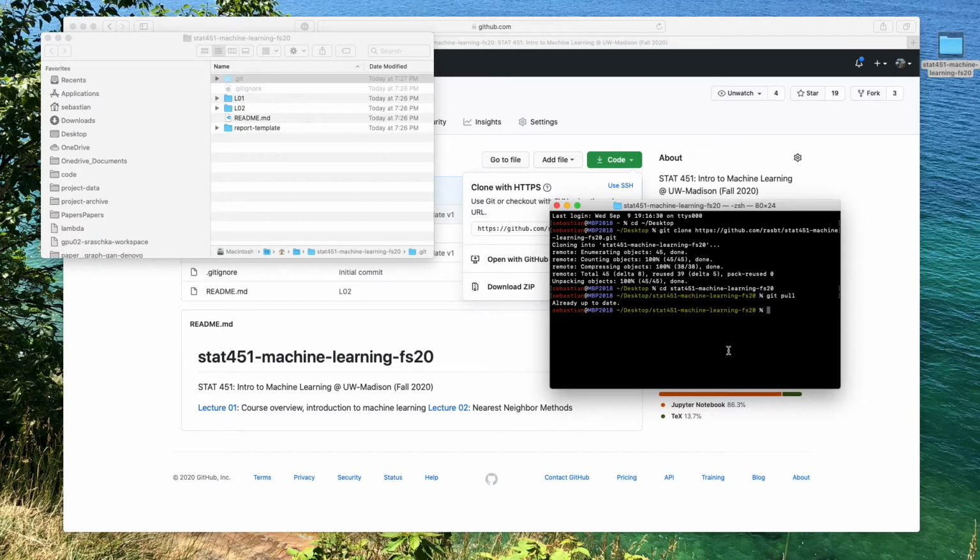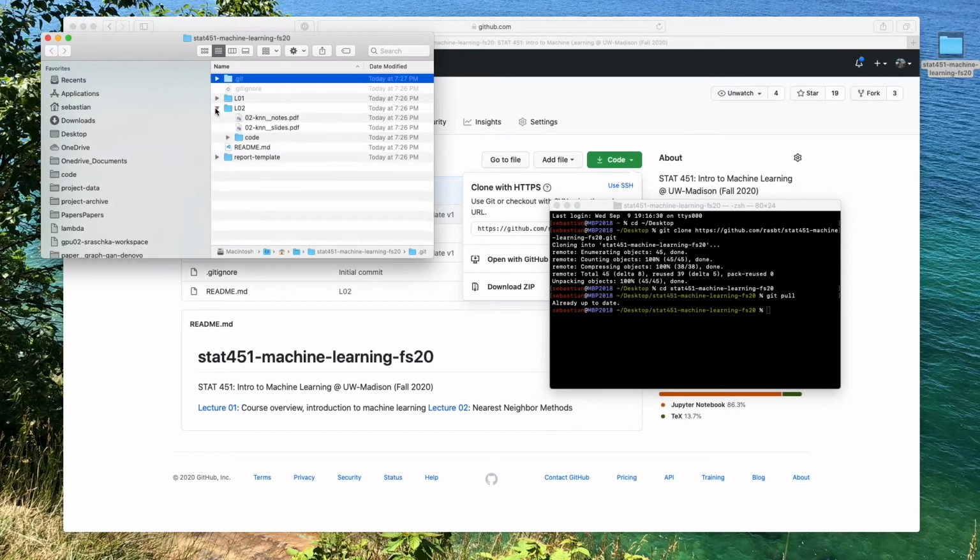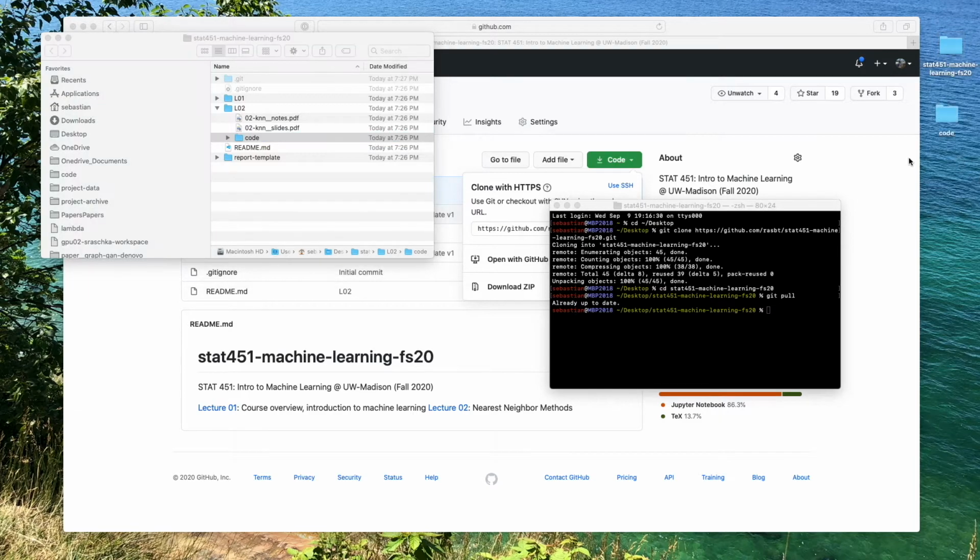Now to show you the code examples, I will make a copy of that because I don't want to modify it. If I would modify it here and then I would type git pull, what will happen next time is that it will get maybe some conflicts because we changed something and it doesn't match the version that it's pulling anymore, and so forth. So I'm making a separate copy on my desktop here.